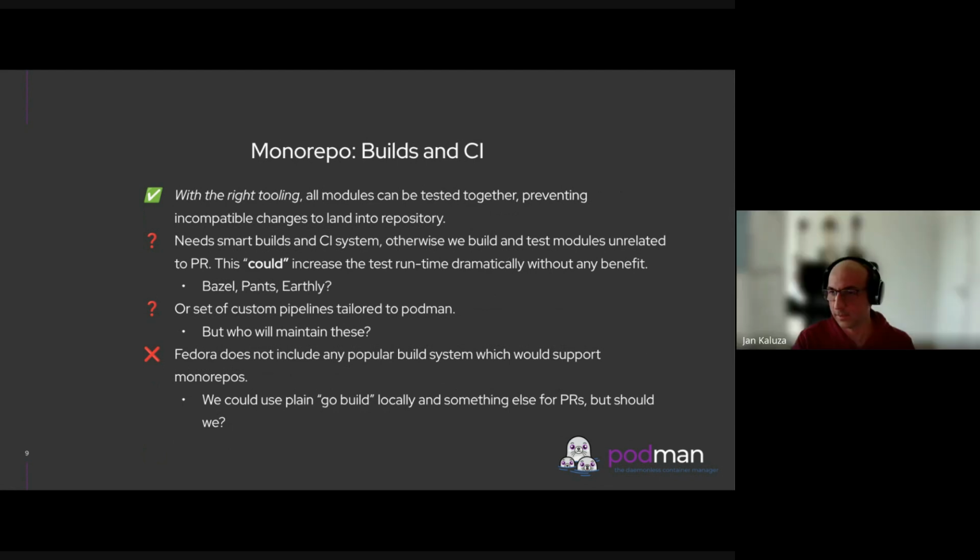Yeah, that's right. However, I think Bazel should have the ability to define dependencies between modules and run the tests, I mean, not run the tests which are not needed. That's one of the core features of Bazel. But as I said, right now we probably don't want to use it because Fedora does not include it, and we shouldn't be the ones importing it to Fedora. So